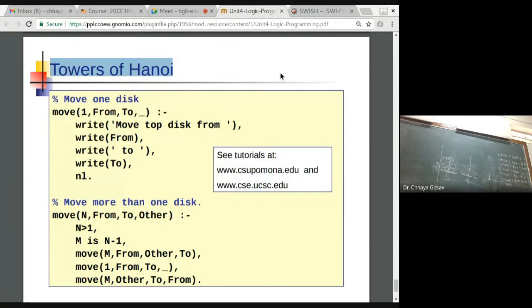We didn't want a larger disk on a smaller disk. So if you write 1 and then 2 on it, this is not allowed. You cannot put a larger disk on a smaller disk.